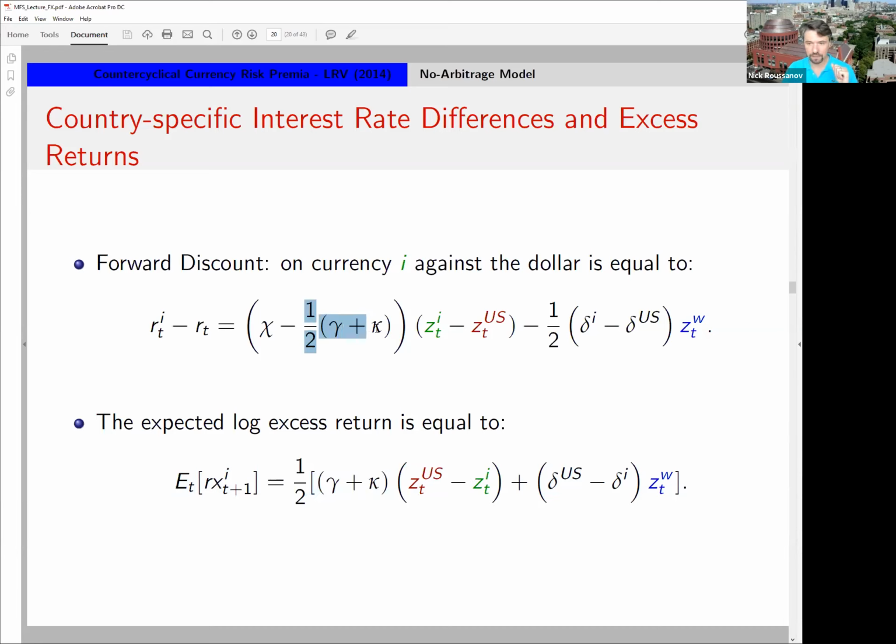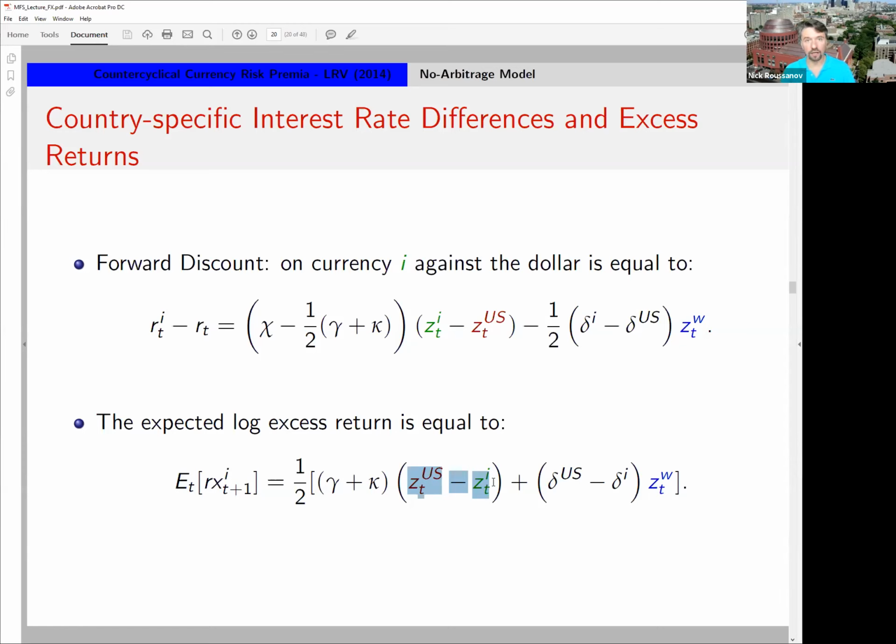Of course, these Z's are almost never the same because they're time varying and driven by each country's individual shocks. And this is especially important when you're putting currencies into a basket, because then really it becomes the U.S. country-specific business cycle that drives fluctuations both in its average forward discount and in the risk premium that is earned by going either long or short the dollar vis-a-vis everybody else.